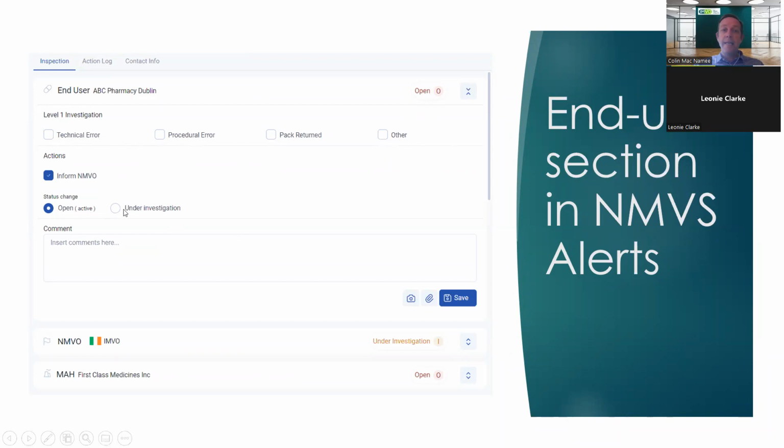You can click that the alert is under investigation, because that flags to us that a pharmacy is actually actively engaged in NMVS alerts. So they click under investigation, and then you can just put in a line of text to say this pack was double decommissioned, it was scanned a number of times in error, and that's it. You click on the save button,